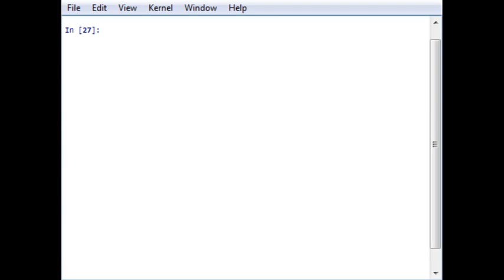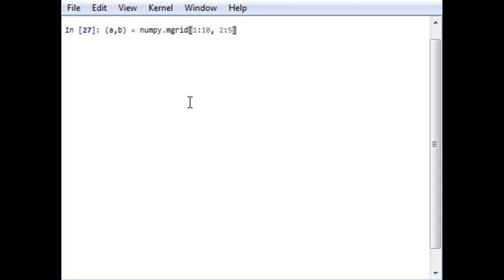So in a similar manner, let's say a comma b equal to numpy mgrid. This is the syntax of it. For example, the first will be the x-axis. For the x-axis I want 1 to 10, and for the y-axis I want 2 to 5. We have to use the colon here.